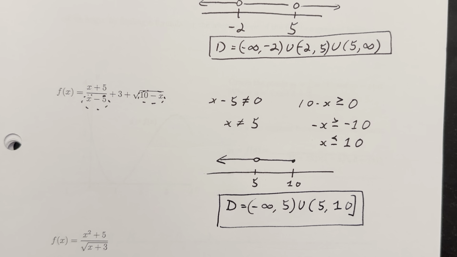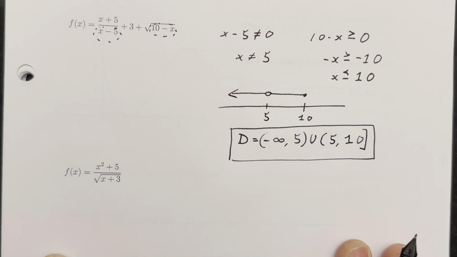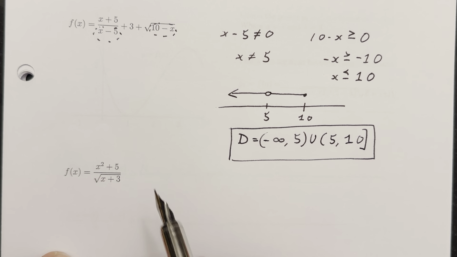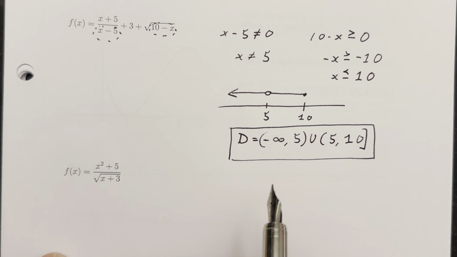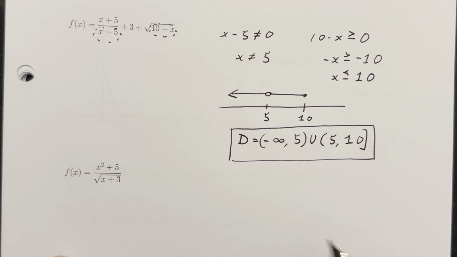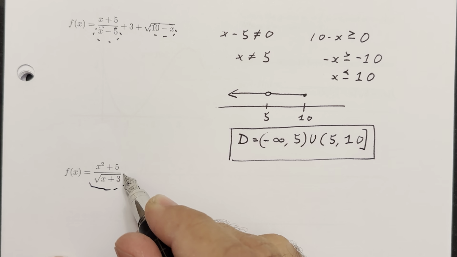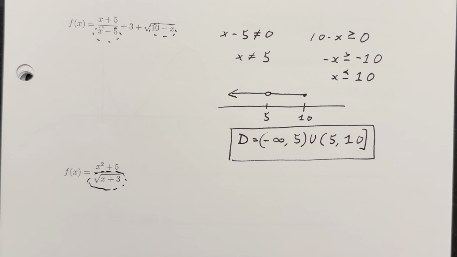And that is our domain for that function. Next example. Again, note that x squared plus 5 does not affect the domain, but this expression in the bottom does. So first thing we note that